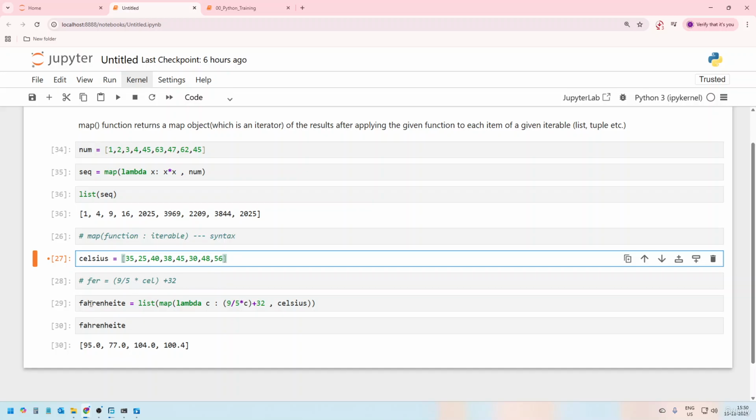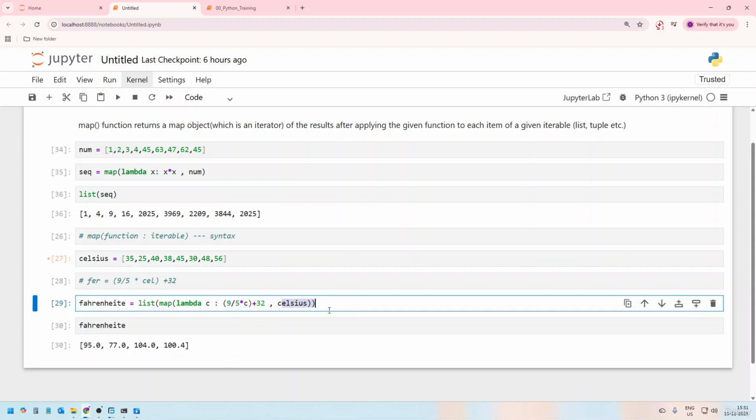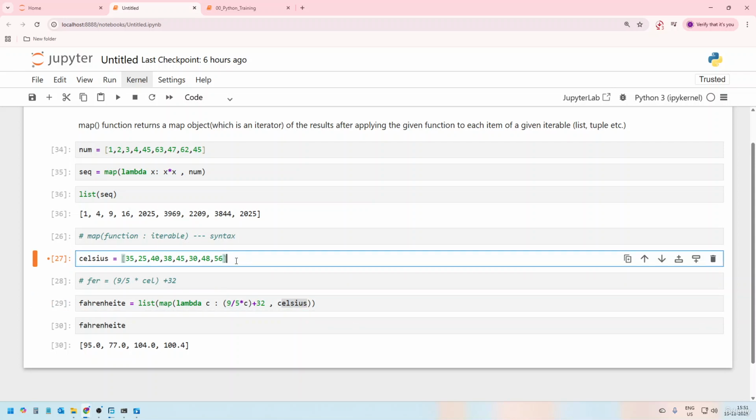So we will create the mapping function: Fahrenheit is equal to list of map lambda c, 9 by 5 times c plus 32, and this is the Celsius that we have to use. So if I am running this code,